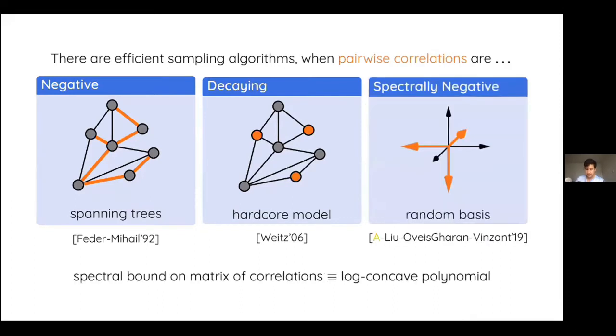Okay. So there is another class of properties that I'm going to call spectral negativity. So this is a property that I won't define on this slide, but maybe later. But I'll give you the example of it. So let's say you have a set of vectors in some vector space, and you want to choose a basis formed from these vectors uniformly at random. This is what's known as a matroid,